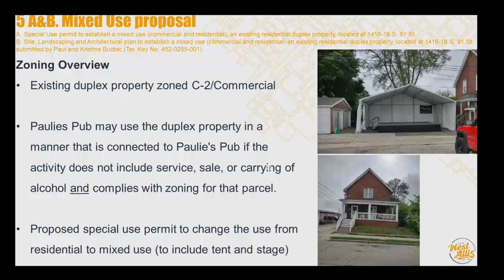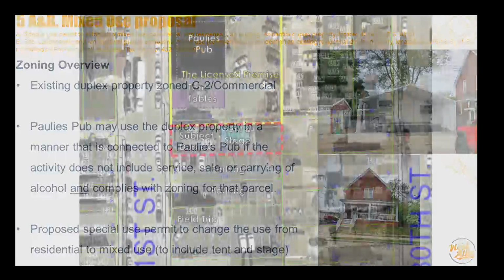They're here to apply for the mixed use classification on a commercial property that they own, butting the pub. With that, it would comply with the zoning, and they could keep the tent and the stage there. This came about as an enforcement issue, where Paulie's Pub was licensed to do